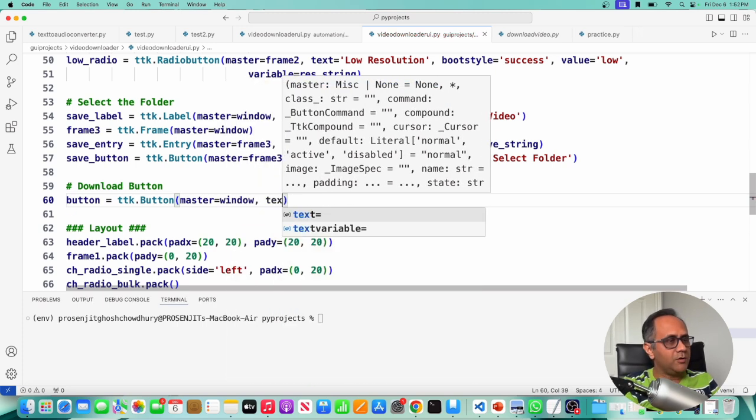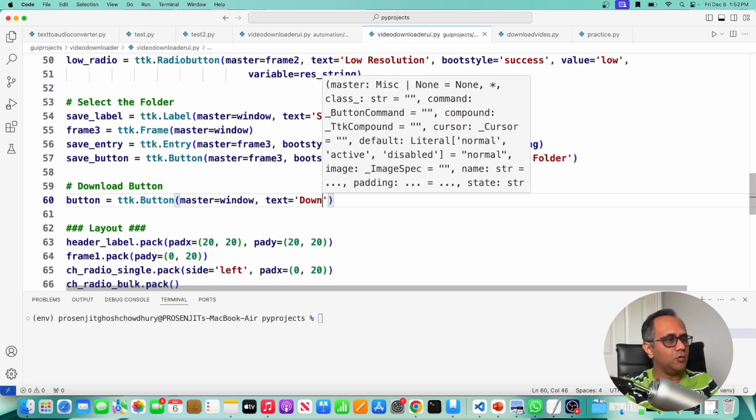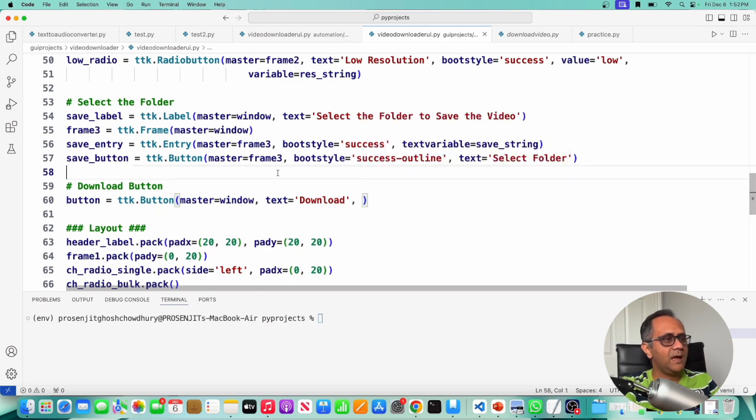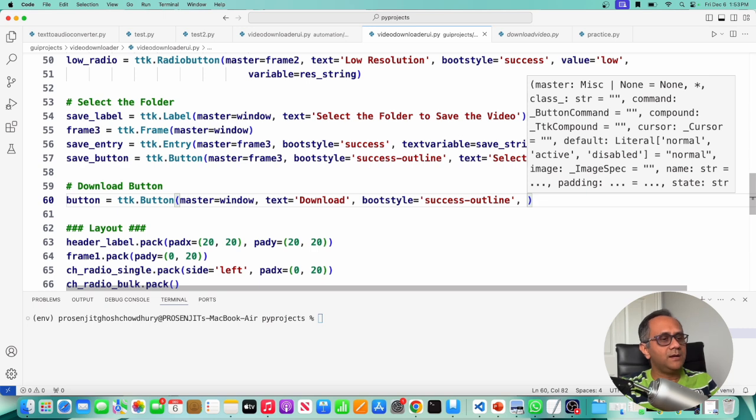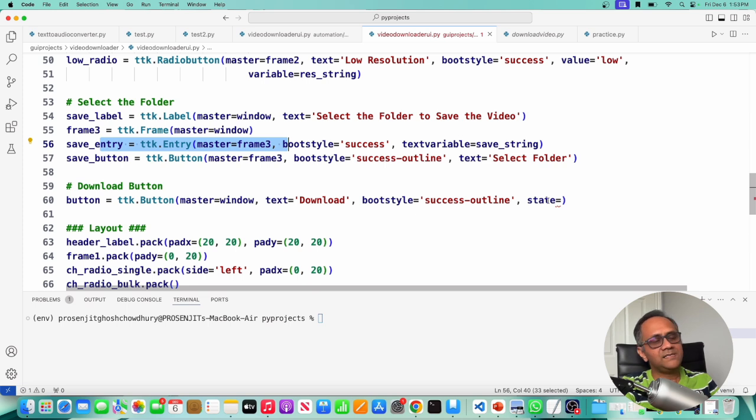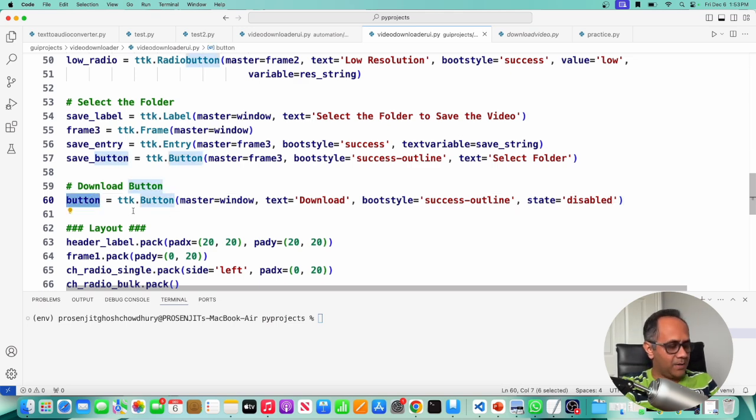Then what am I going to write on the button? I am going to write download. What will be the style of the button? Exactly the same style as the previous button. I just copy this style, and I will keep this button disabled. This button will only be enabled once I have some information in this save entry box. In other words, when I select a folder, then only the download button will be enabled. Otherwise it will be disabled. So I am putting disabled. I will make it enabled with my code. That's it. Now let me add this button into the layout